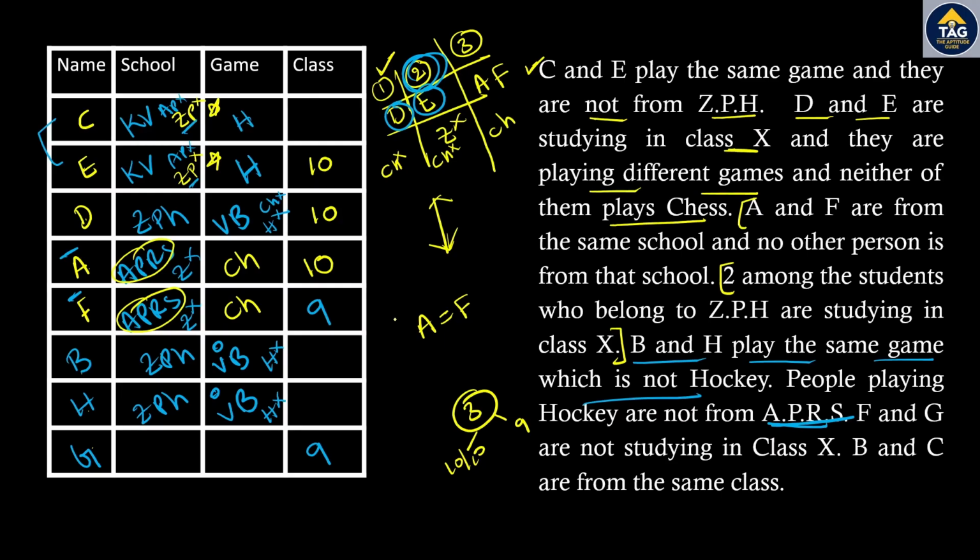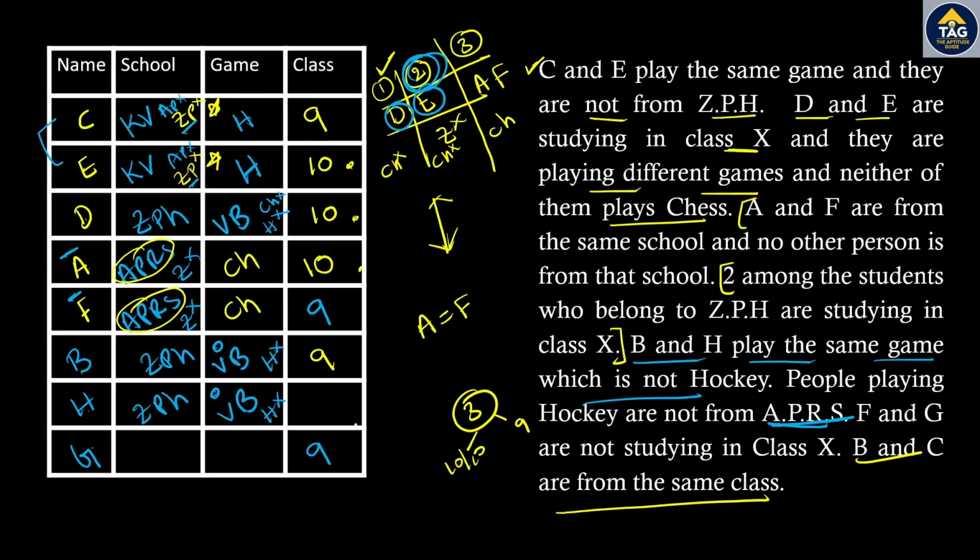So already 3 members exist from class 10 and a maximum of 4 members can be from any given particular class, be it class 10, be it class 9. Not more than 4 can be observed. Now it is mentioned that B and C are from the same class. If B and C are from the same class, can I assume that B and C are from class 10? Definitely no. Reason being, we have already 3 members studying in class 10. If B and C also join them, you will find 5 members from class 10, which should not happen. So B and C should be from class 9.